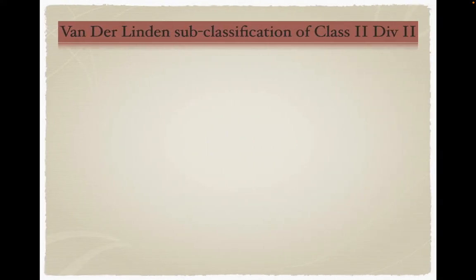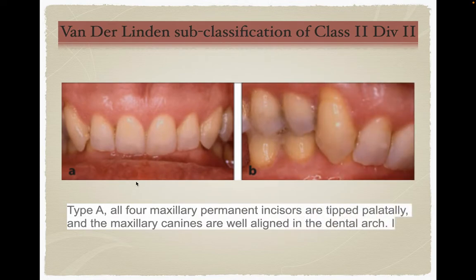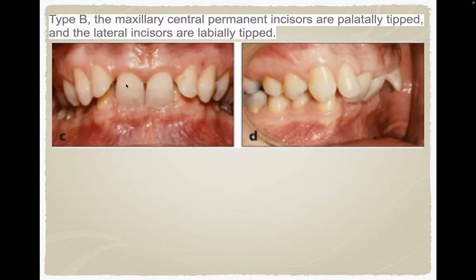Van der Linden also subdivided this Class 2 Division 2 into Type A, in which the upper central incisors and lateral incisors are tipped palatally, and the maxillary canine is well aligned in the dental arch, not displaced buccally. And Type B, in which the upper central incisor is only tipped palatally while the lateral incisors are labially